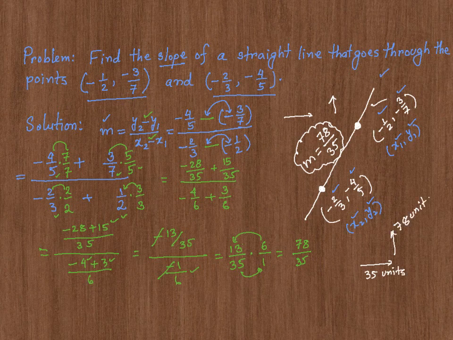Okay? And also remember, 78 over 35 is the same as negative 78 over negative 35, because negatives cancel out. So that tells you if you move to the left 35 units along the x-axis, you're going to move down 78 units along the